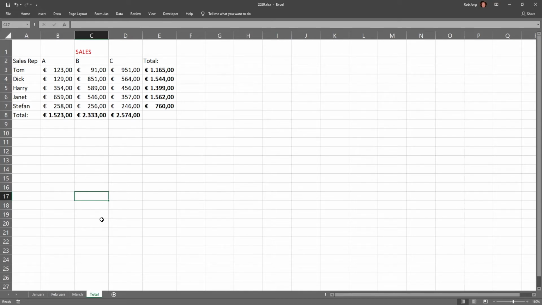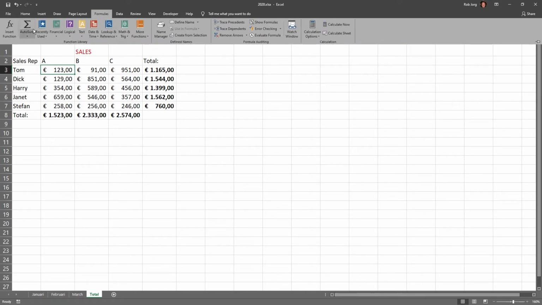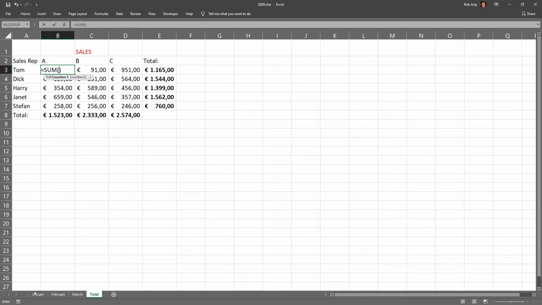But now you want to make it more interesting. You want to have one sheet with all the numbers from all the months. So you go to, let's say, this field, formula, auto sum. You go to January, click B3 because that's the field you want to add up. Shift button, March, enter.